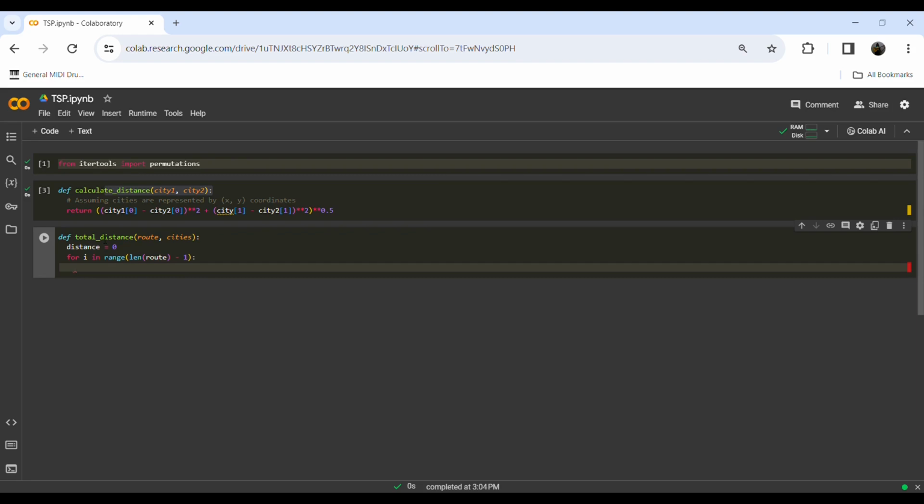Okay, now what you need to do is to update the distance for each iteration. So we are going to add a quantity to the distance that equals